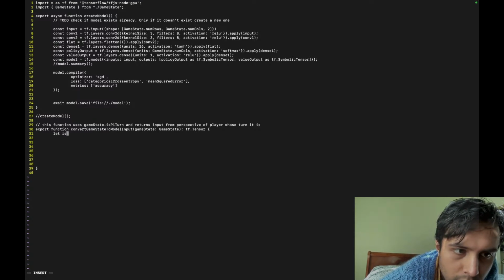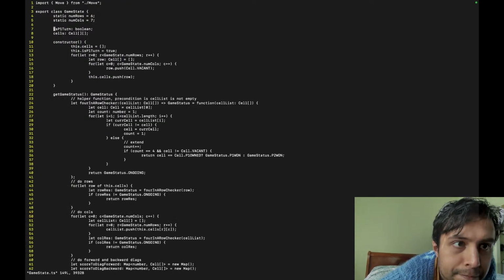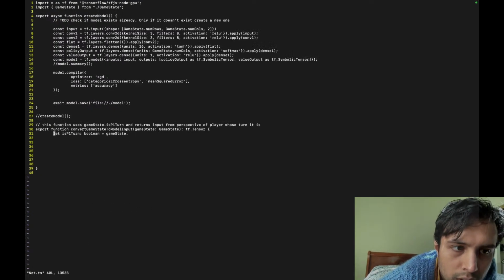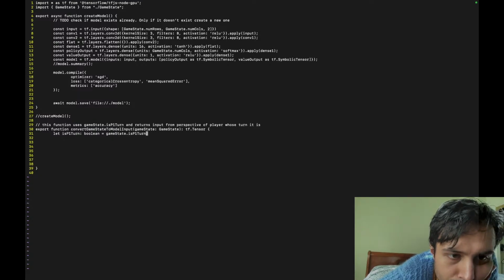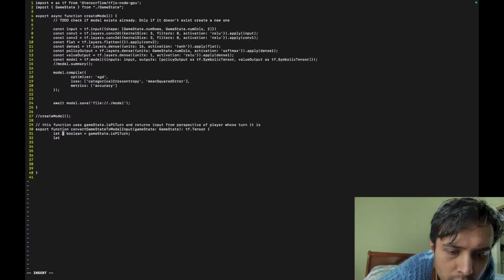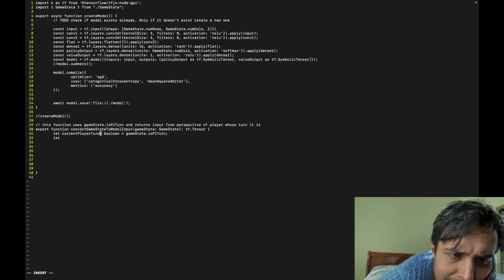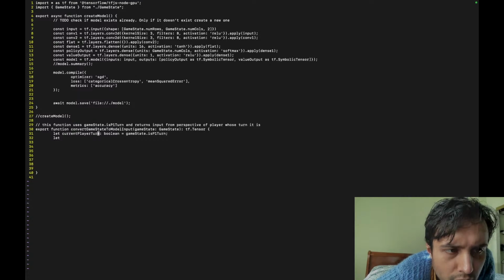Let is P1 turn boolean equals game state dot, oh, I got the name correct. That is P1 turn, right? Okay. Or actually, no, sorry. Let's call this current player, or okay, no, forget this. What we have to do now is